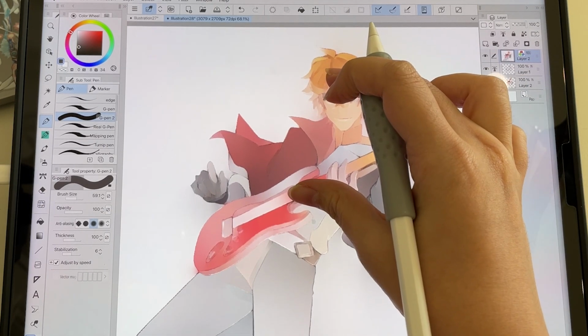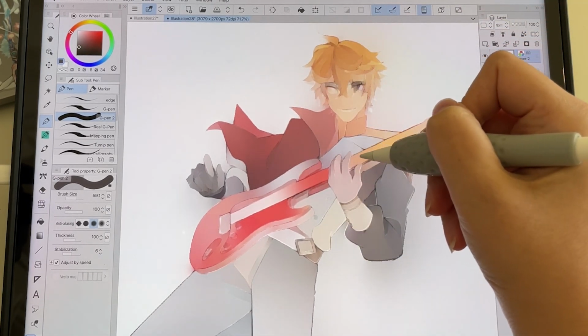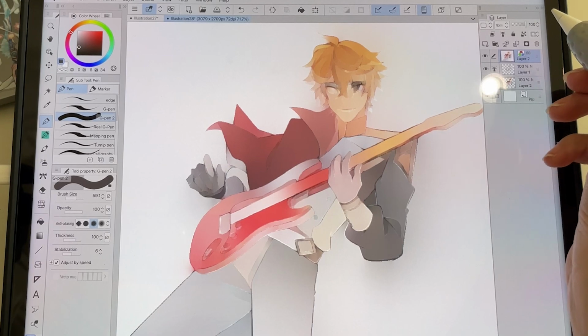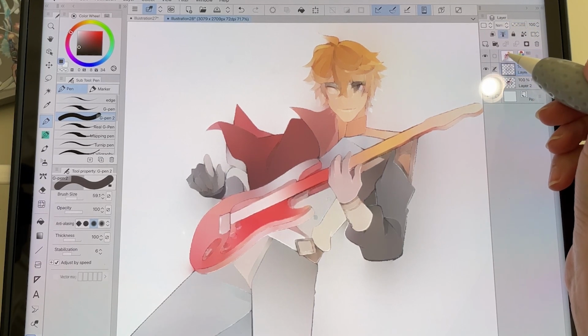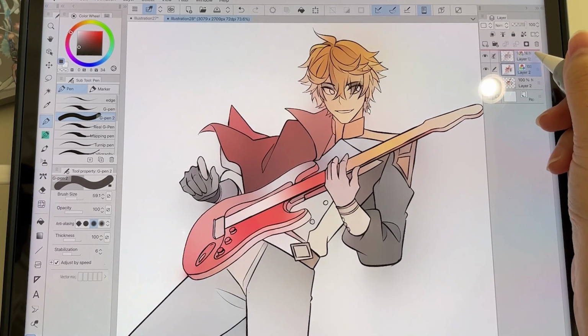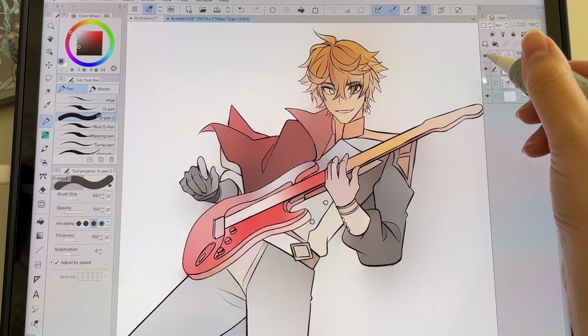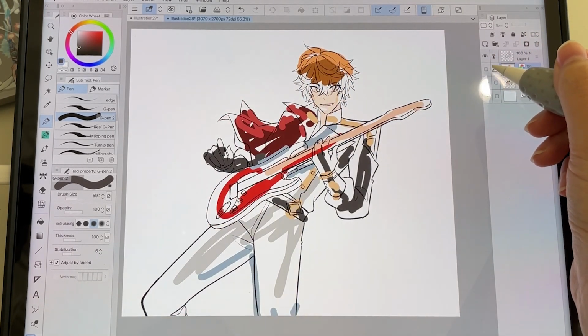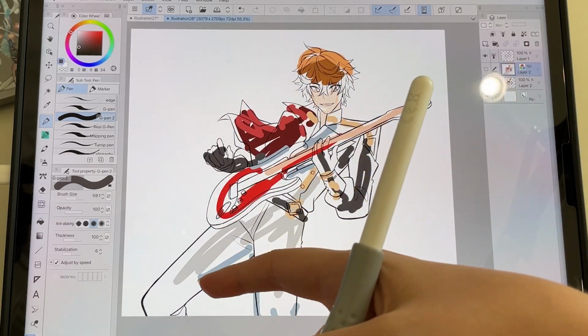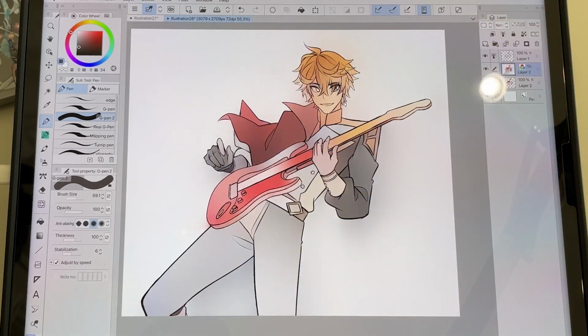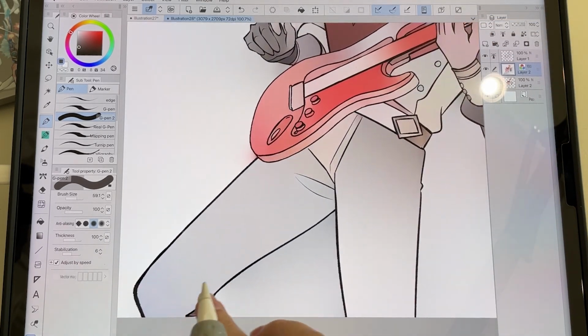And done. It is set to multiply because it's just a layer with a bunch of colors, and in order for it to show the line art that's beneath it, it set itself to multiply. I'd say set it to normal and put it beneath your line art layer. So you can see the difference between this and this. I added some blues hoping that it will gradient to some sort of shading. Well, it appeared just a little bit right here.